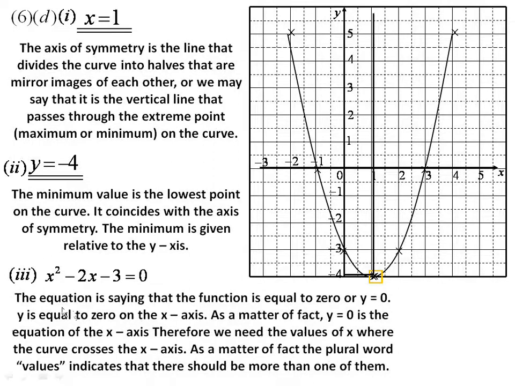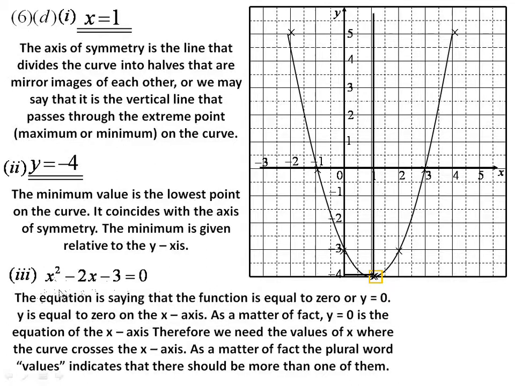We have the entire expression is equal to 0. But in the equation, y is equal to x squared minus 2x minus 3. Therefore, y is equal to 0, and also x squared minus 2x minus 3 is equal to 0, because y is equal to x squared minus 2x minus 3. So in the equation that we have right here,